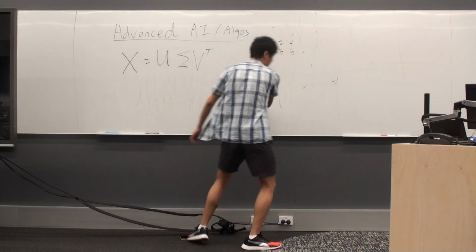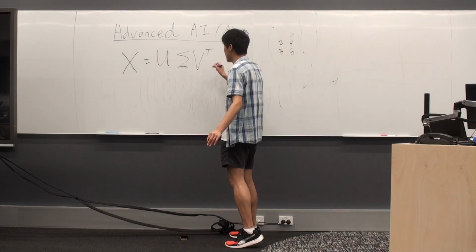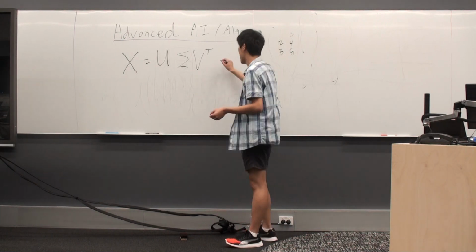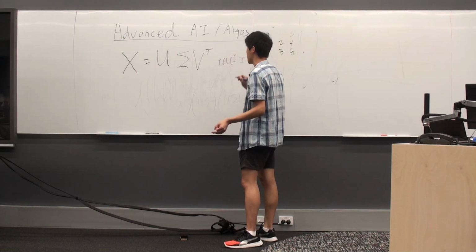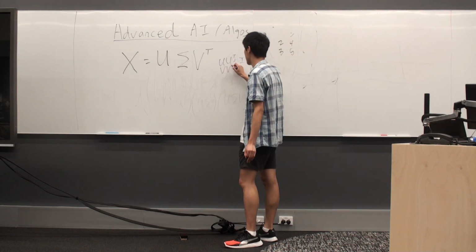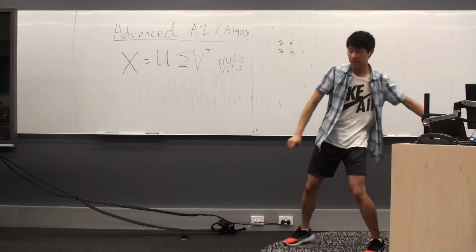Anyways, so the key point is U and V are orthogonal, right? So U times U transpose is the identity, right? And V times V transpose is also identity. Okay, that's the key takeaway. Okay, now,